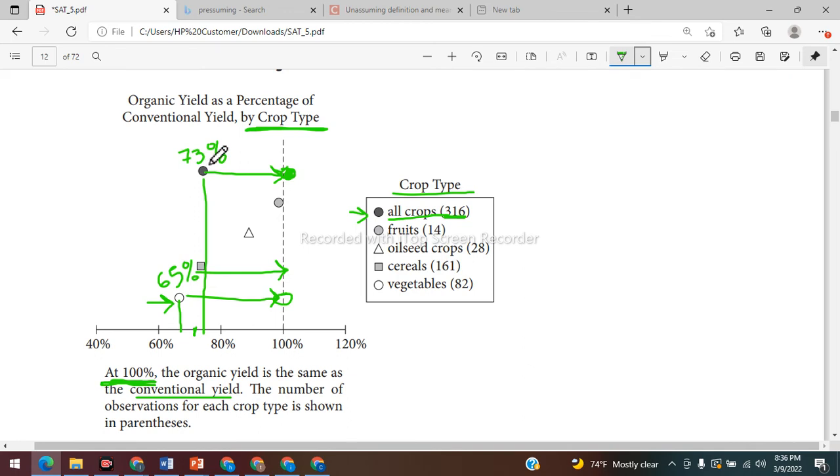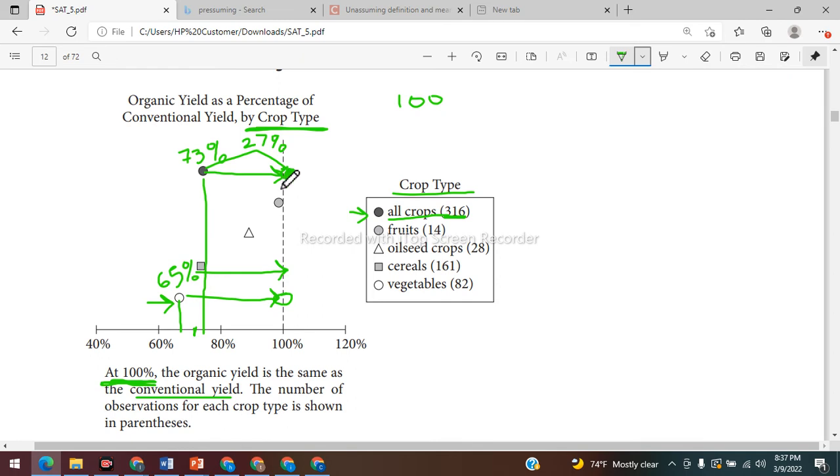But since this dot is at 73% and not 100%, that means that the conventional yield, say, what is 100 minus 23? Sorry, 100 minus 73. What is that? That's 27%. So this is saying that the conventional people yield 27% more than the organic. Right? So they yield 27% more. If the 73, if this dot was right here, you would say that they yield the